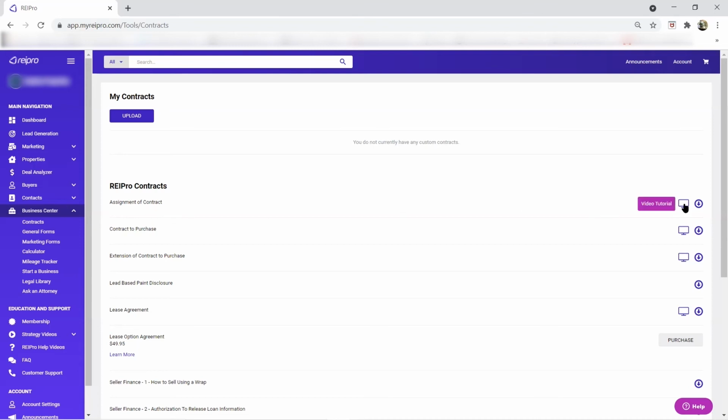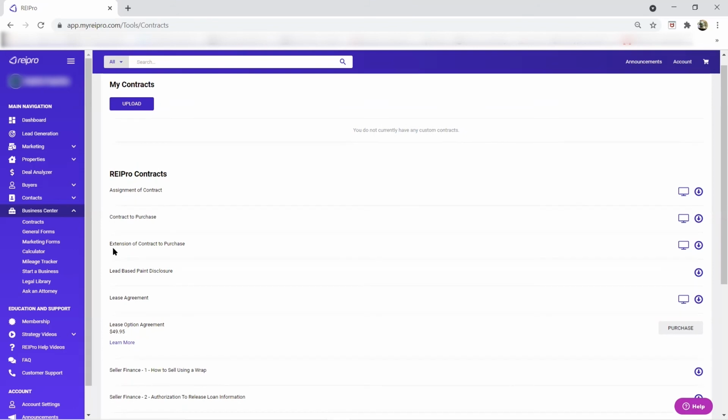Now, they actually have videos on how to fill out these contracts. You could also download these contracts. I'm telling you, it's game changing when it comes to this software. Now, they also have an option of different contracts: the extension of contract to purchase, the lead-based paint disclosure, lease